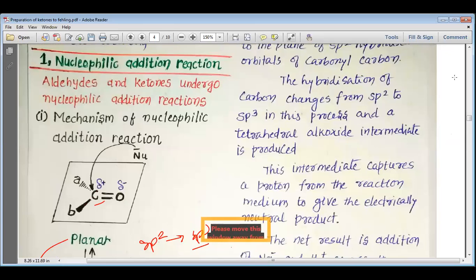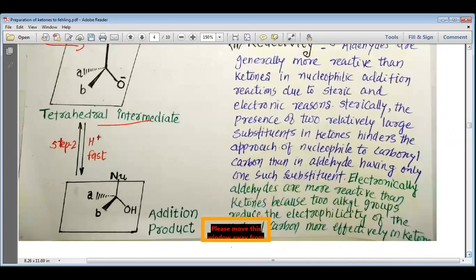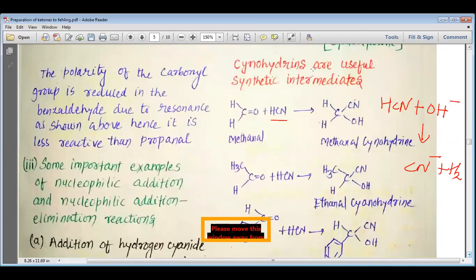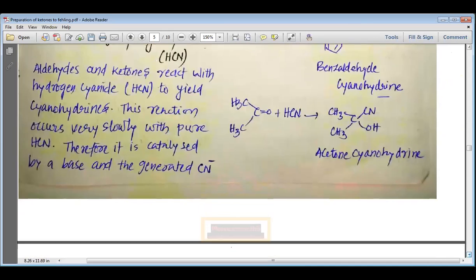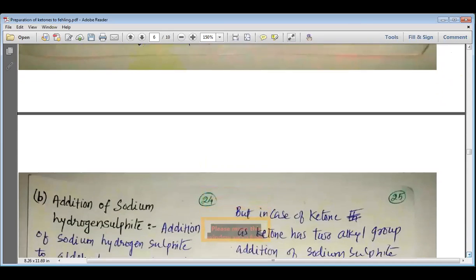This CN minus, whatever we have got, attacks the carbonyl group and gives us the product cyanohydrin, which has both a cyanide group as well as a hydroxyl group present. So methanal gives methanal cyanohydrin, ethanal gives ethanal cyanohydrin, benzaldehyde gives benzaldehyde cyanohydrin, and acetone gives acetone